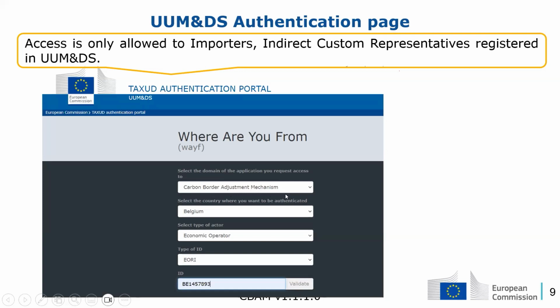Maybe some of you already are familiar with this page, of course. You need to select the country where you want to be authenticated, the type of actor, the type of ID, and your ID. Access is only allowed to importers, indirect customers representatives, and their employees registered in UUMDS.